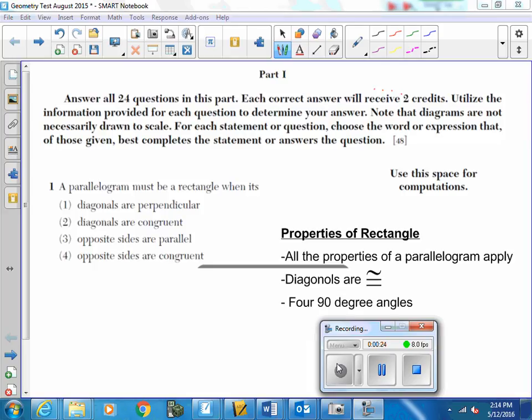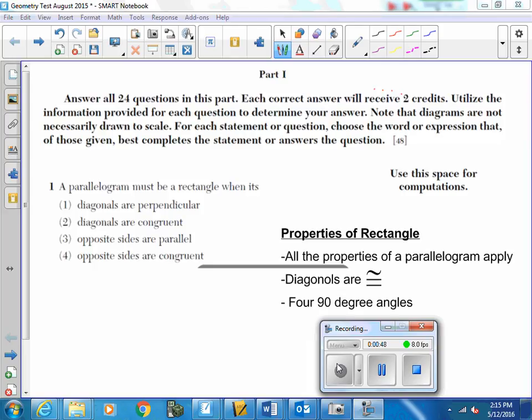All the properties of a parallelogram apply. And also the diagonals are congruent, and it has 4 90-degree angles. All right, so make sure to write that down if you want credit. So take a second, pause it, and write this down. Okay,